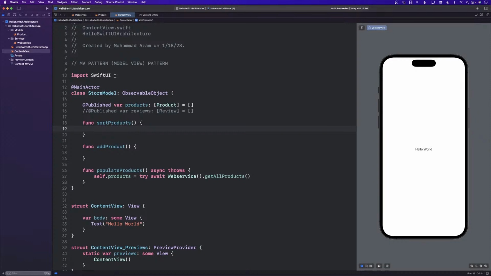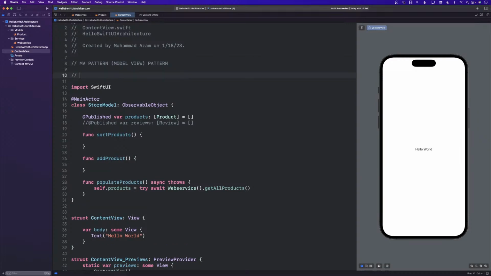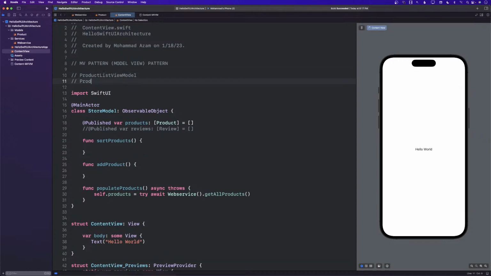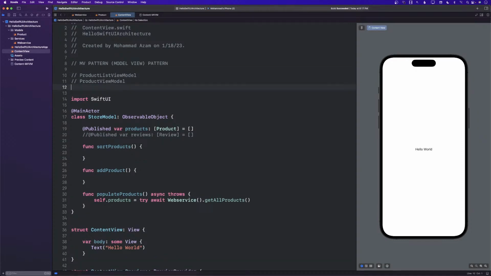If we were doing this in MVVM, you would have accompanying different kinds of view models. We saw a product list view model. We also saw product view model. If I'm building screens where you can actually add a product, I would say add product view model, right?